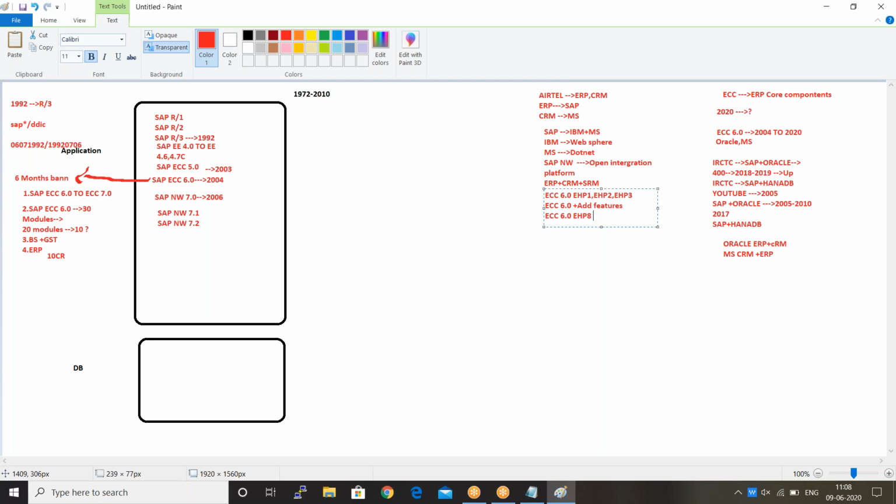Even if you want only a few modules, we can again separate them into enhancement packages. That's why you're working on ECC security along with your NetWeaver. This is one. Next product of SAP is the